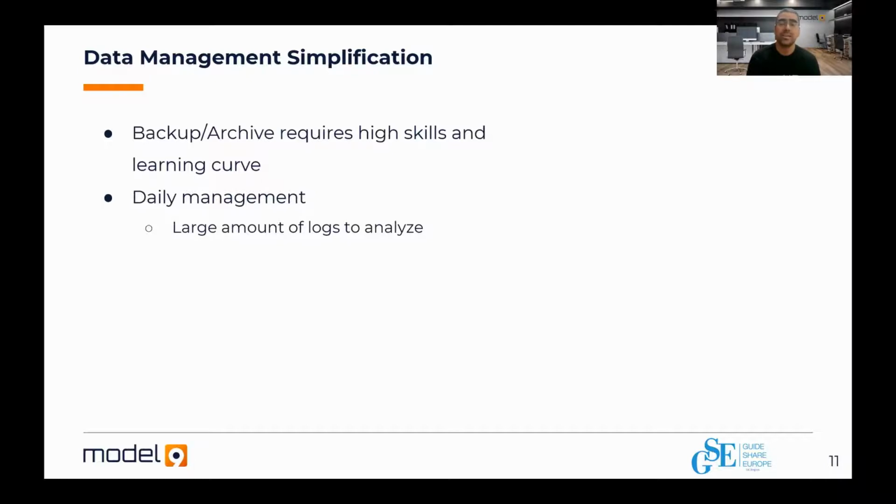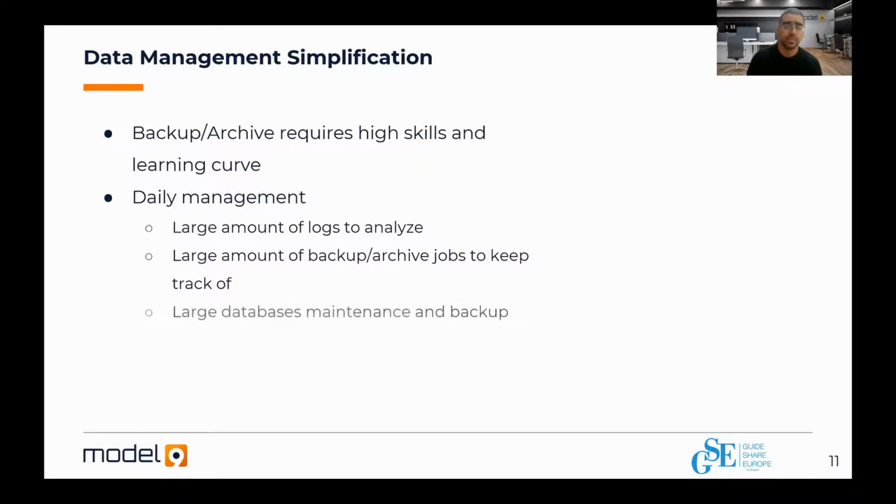So really, when they wake up in the morning, they don't know whether or not the last backup or archive policies finished okay or not. It's simply too hard to do in a lot of cases. There are sometimes large amounts of backup and archive jobs to keep track of. One backup will back up a different high-level qualifier, a different one will do different low-level qualifiers. It's really hard to keep up with all those jobs that back up your environment, and we suggest that can be done a lot more easily.